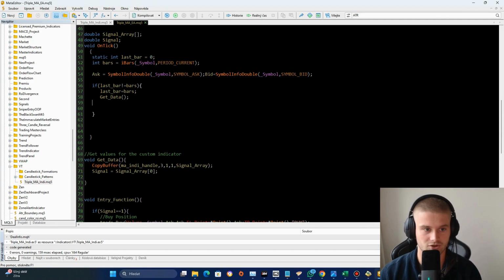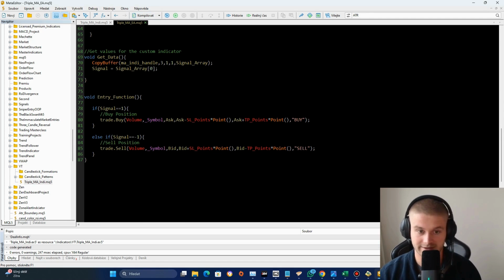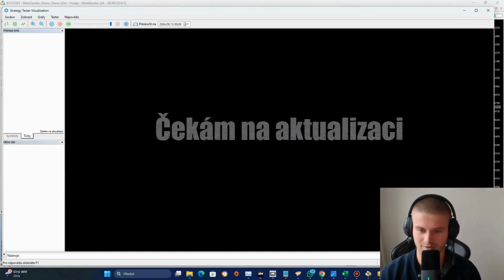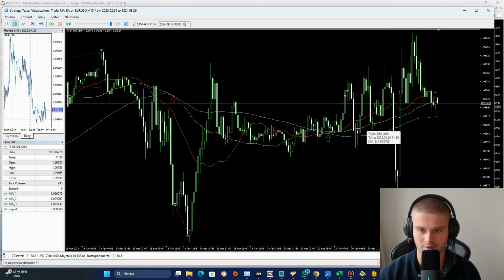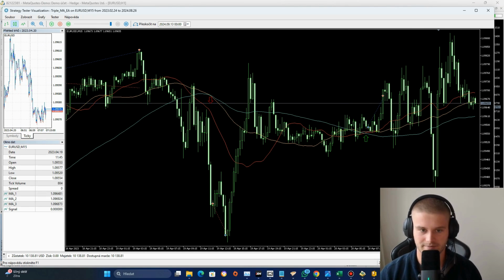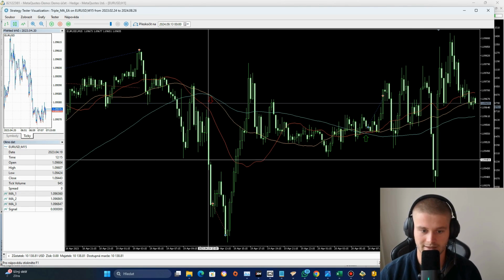So let's call the enter function right here. Now we are just using these static targets. So let's test it, and if it works, we'll add the dynamic option as well. Just one second, this is my strategy tester, and I can click on start. Okay, so perfect. It works. As you can see, our sell position, we enter